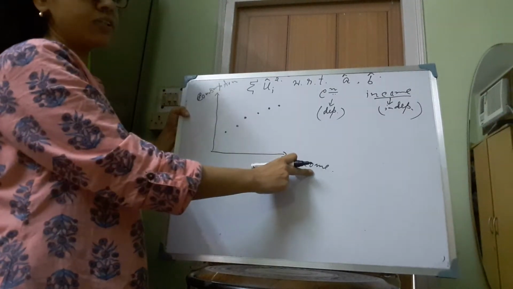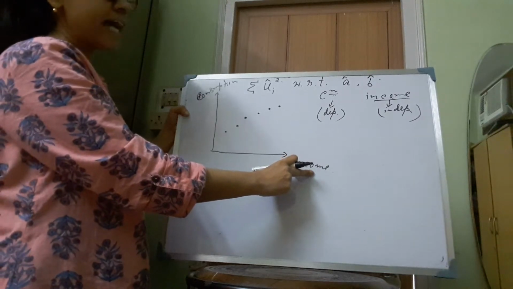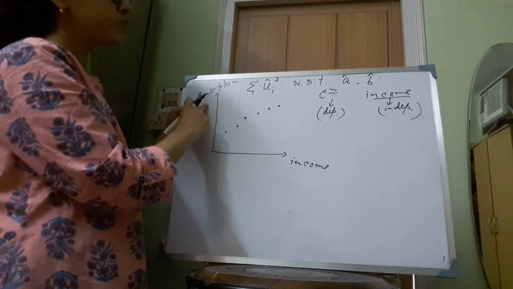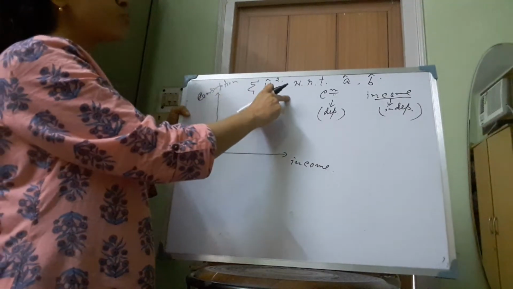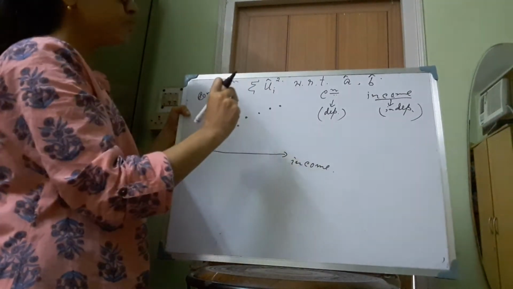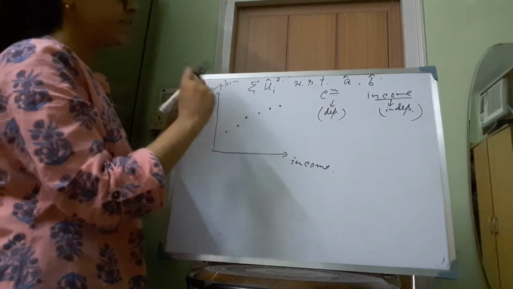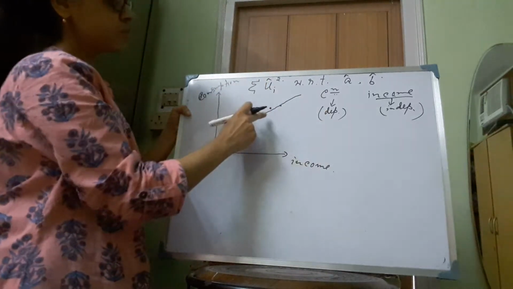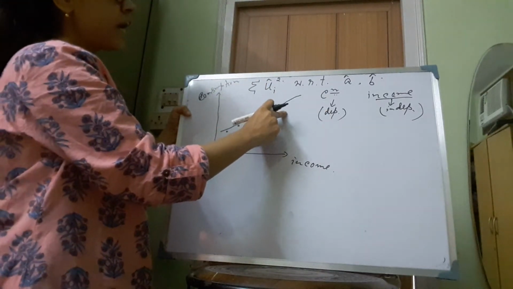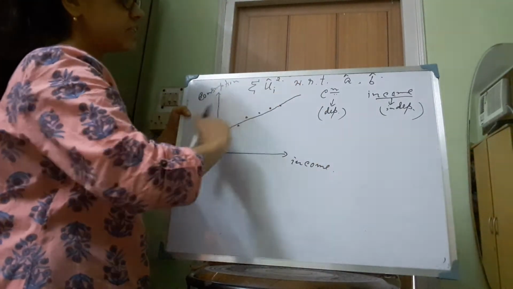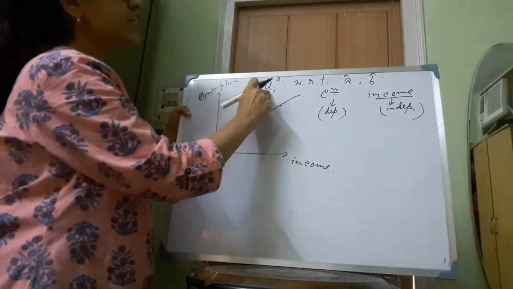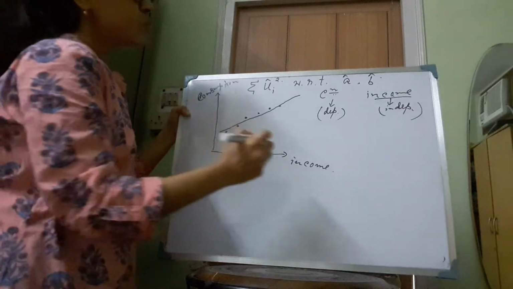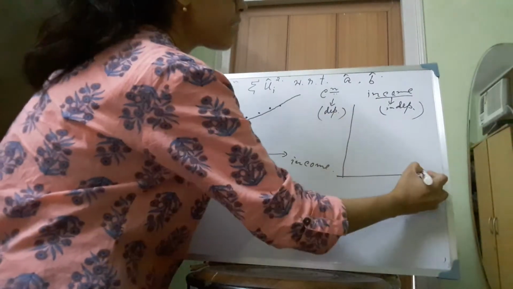So we have the data on income in the sample, and on the basis of that data we can predict the value of the consumption. So therefore by using the least square method, we are trying to fit a regression line through these points, and we are fitting this regression line in such a way so that summation of ui hat square is minimized. So suppose we have another line here.